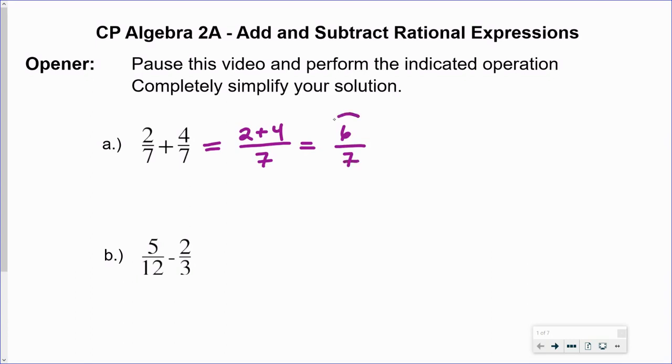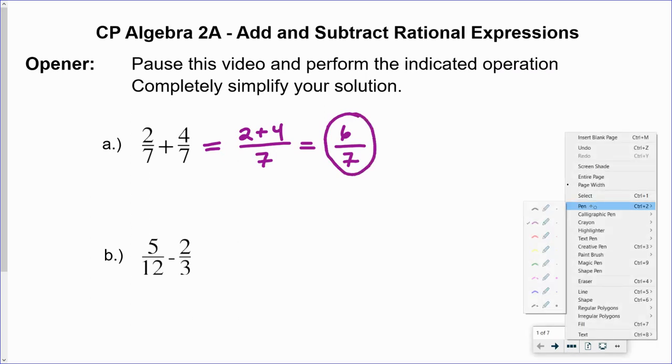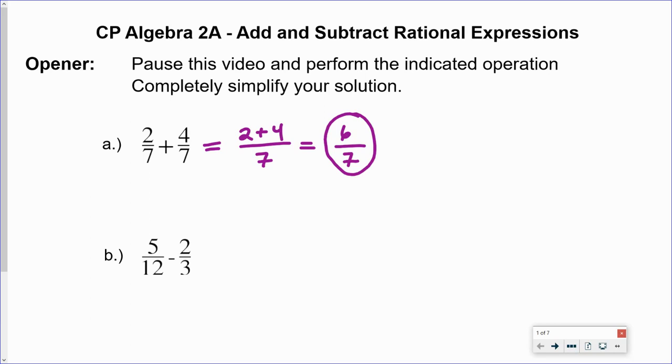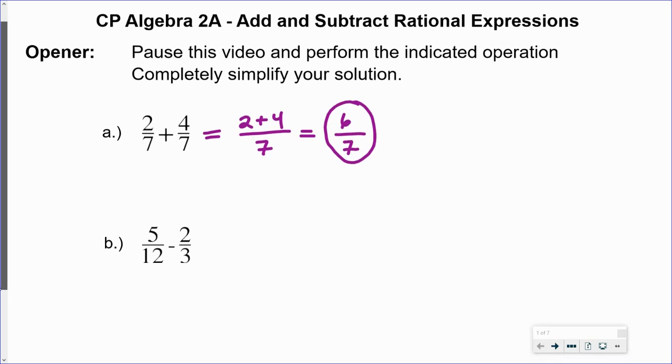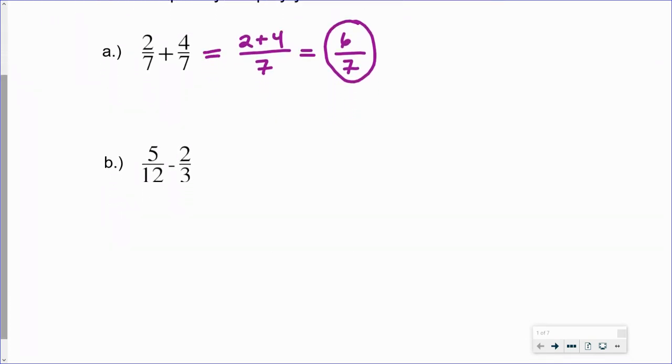Now, letter B, we're asked to subtract 2/3 from 5/12. Now, it's clear that these two fractions don't share a common denominator. So what we need to do is to find a common denominator. Now, to do that, what we're going to be looking for is the least common multiple that's shared between the numbers in the denominators. So what I'm going to do for my first step is I'm actually going to prime factor